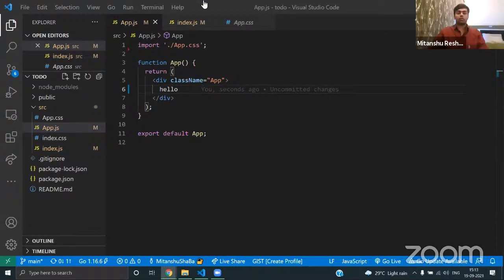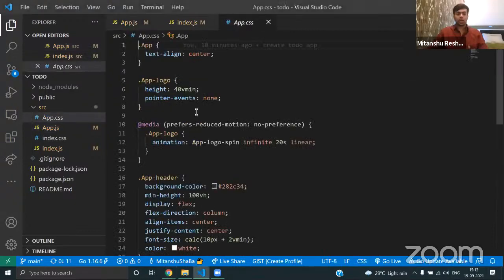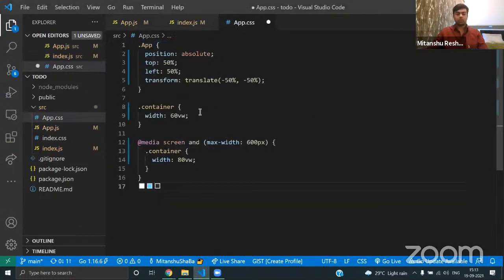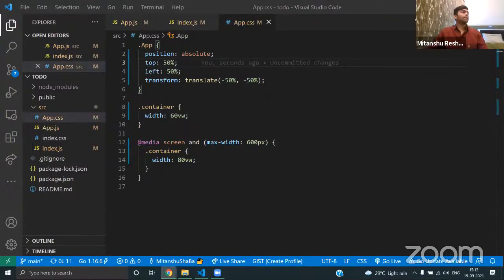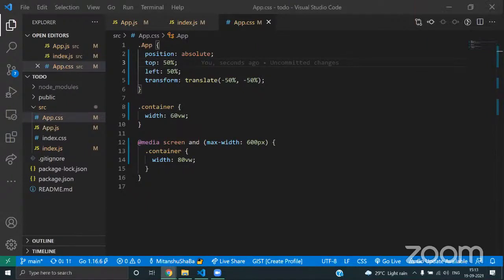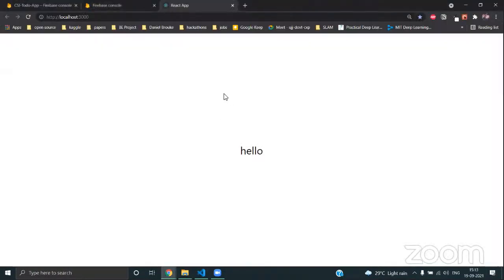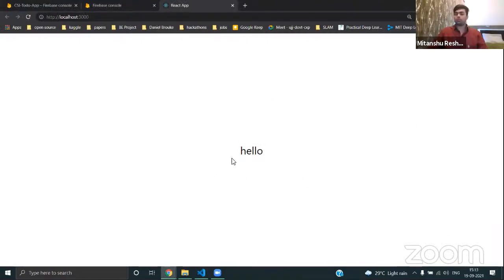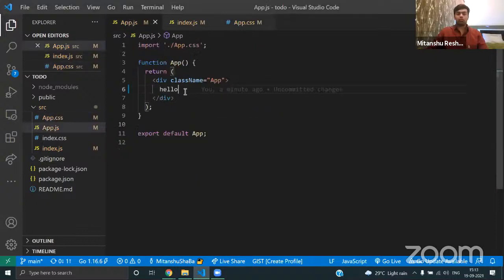Or you can take this in the chat box and paste this thing in app.css. These are the styles that we are going to be using for this application. Well, I'm just going to center everything to the center of the page. Okay. Next thing that we are going to do,